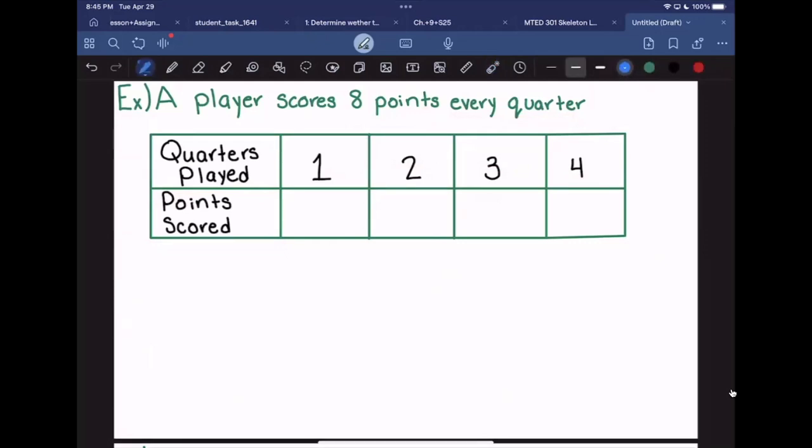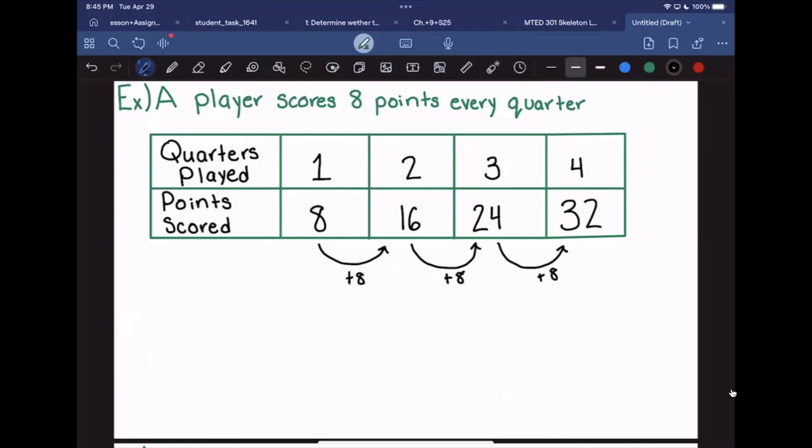So at the end of the first quarter, with this in mind, the player would have scored 8 points. And then if they go to the next quarter, they should score 16. And then after that, they would score 24. And then after that, they would score 32 points. And we can see here that each quarter increases by 8,